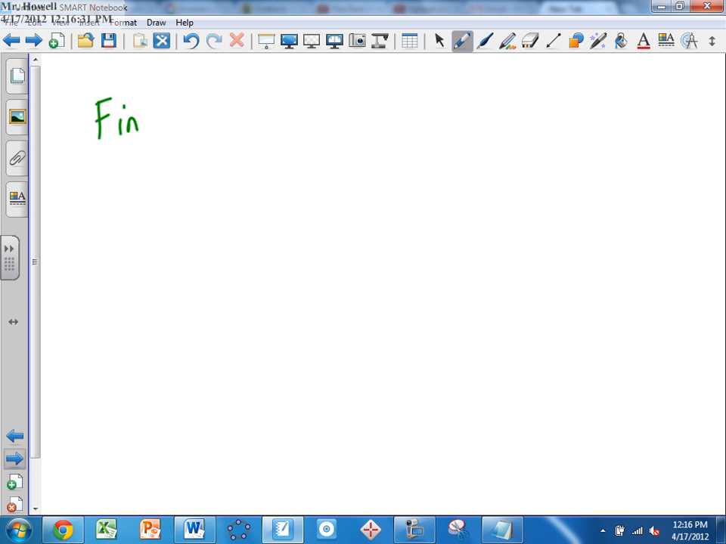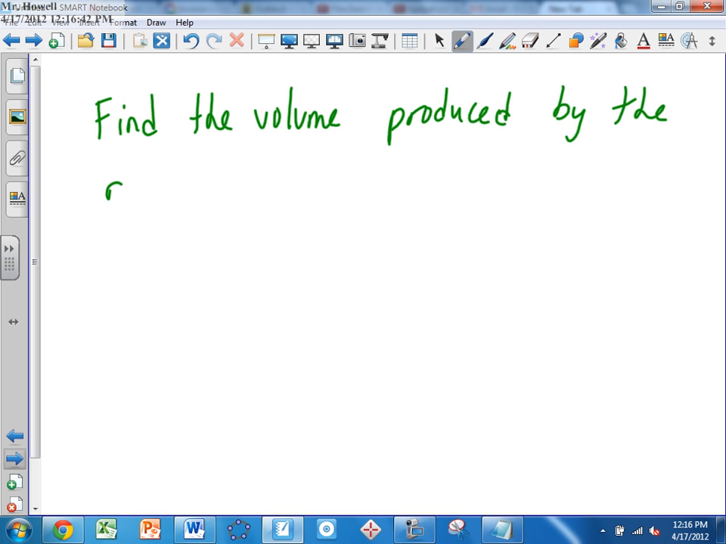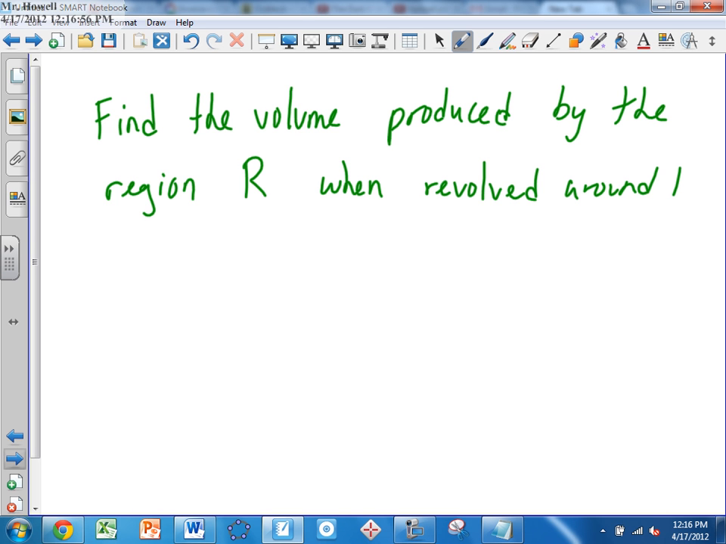Well, let's start with an easier example. Find the volume produced by the region R. It's always said like this on the AP exam, the region R, when revolved around the x-axis. Remember, if you're doing the y-axis, it's the same thing, but we have to use dy and use our y limit to make everything in terms of y. We'll talk about that more. Find the volume produced by the region R when revolved around the x-axis